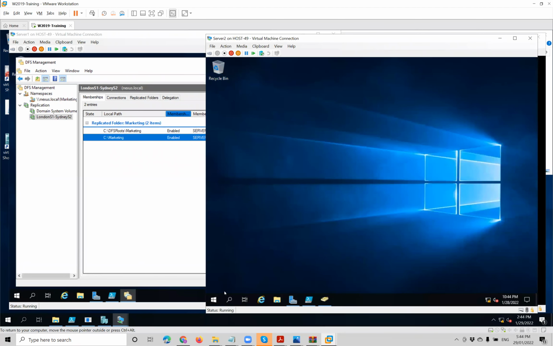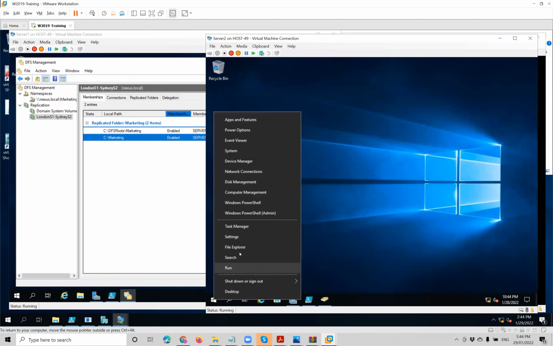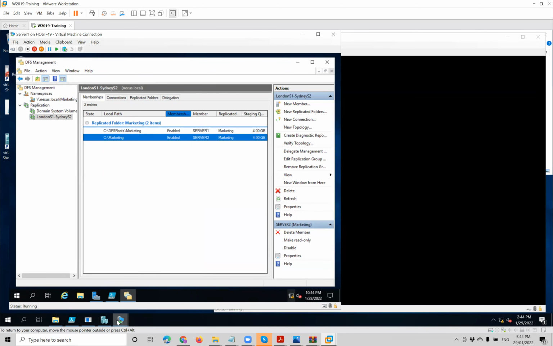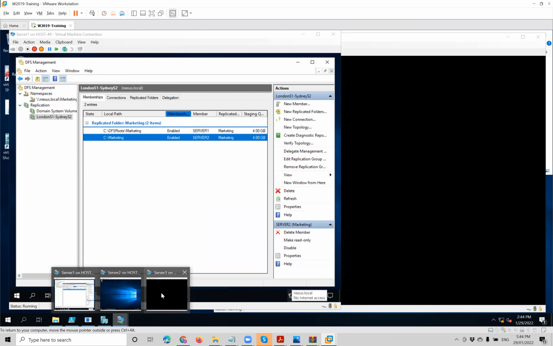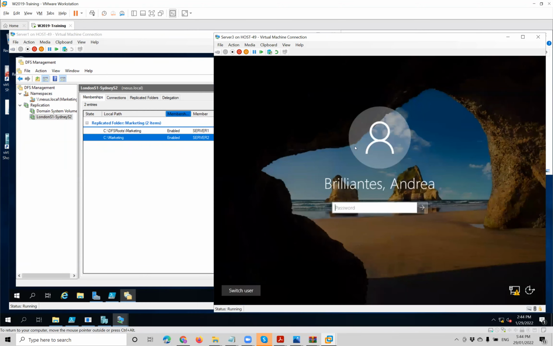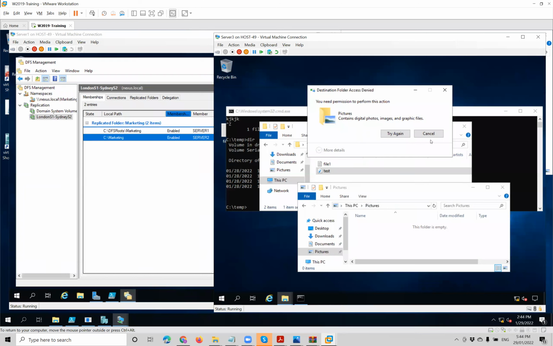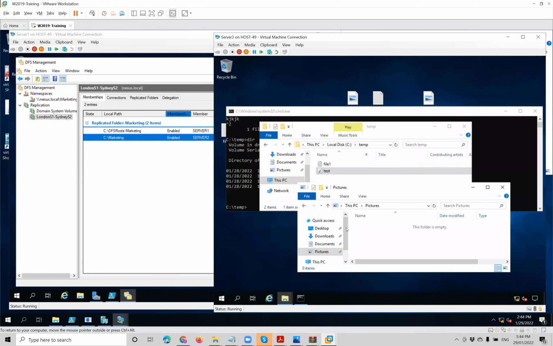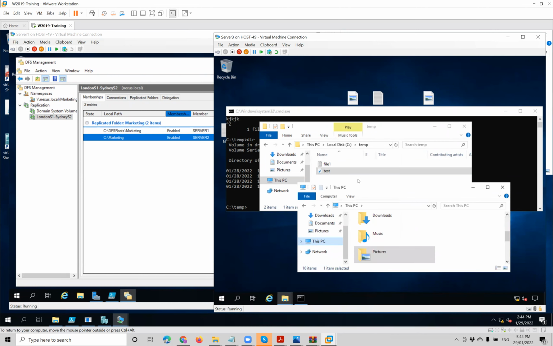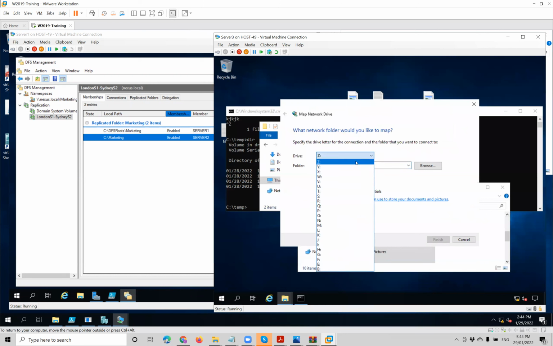So let's map the file server on server 3. Sorry, let's use server 3, because server 3 is our test server, right? Or let's say Windows 10. This is Windows 10. So we will try if we can access the replication. First, you need to map. So in English, there should be a mapping. Okay, let's say a group share. Group share is